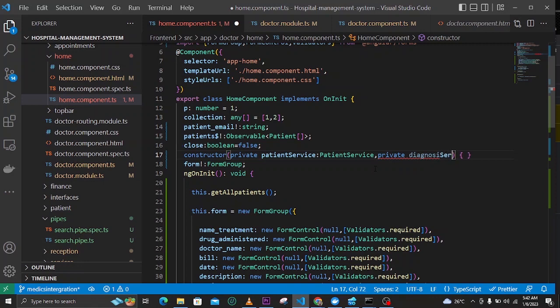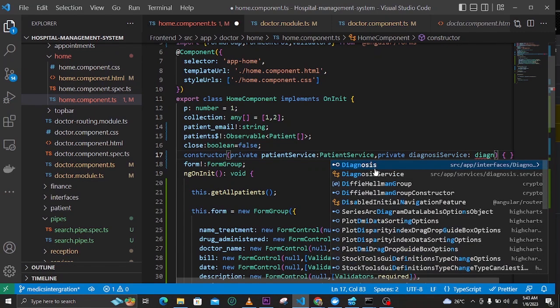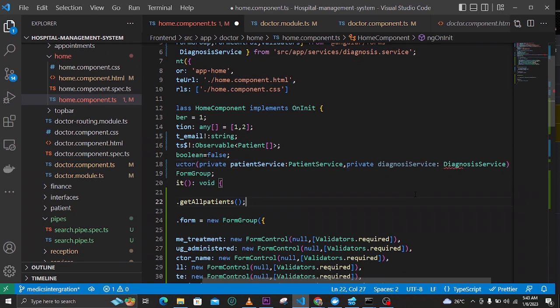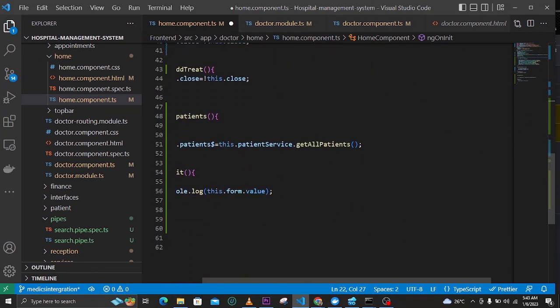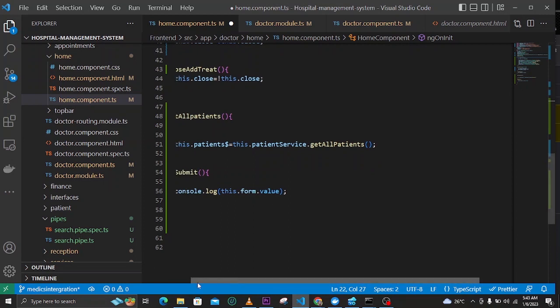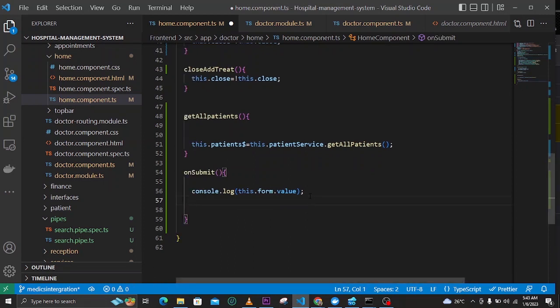Actually, we call it diagnosis service, and this one is from diagnosis. Let me look, let's see if we have this. Yeah, we have this service here. So now you can scroll down, and inside here when we are submitting, what we can do now, we can say this